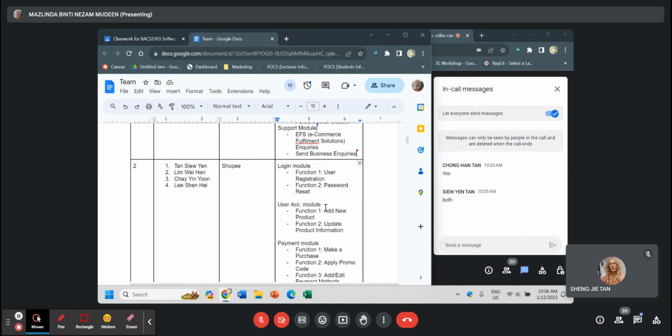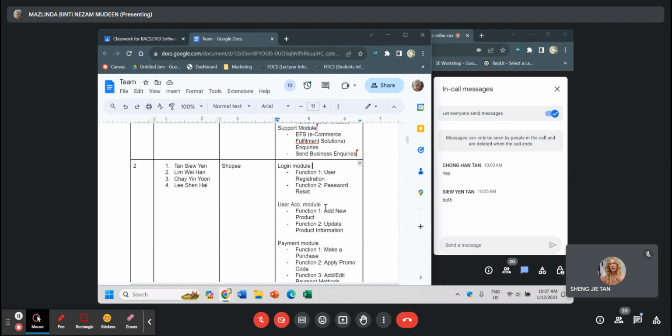You need to check if this module is suitable for your assignment or not. For the buyer side, can I get those two complete functionalities or not? If yes, then you can pick that module. But if you think, from the buyer side, I can't test much, then you can check the seller side.